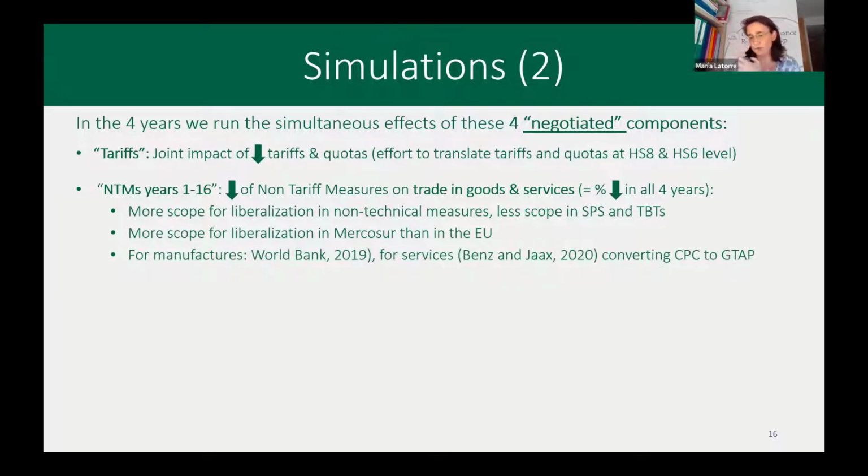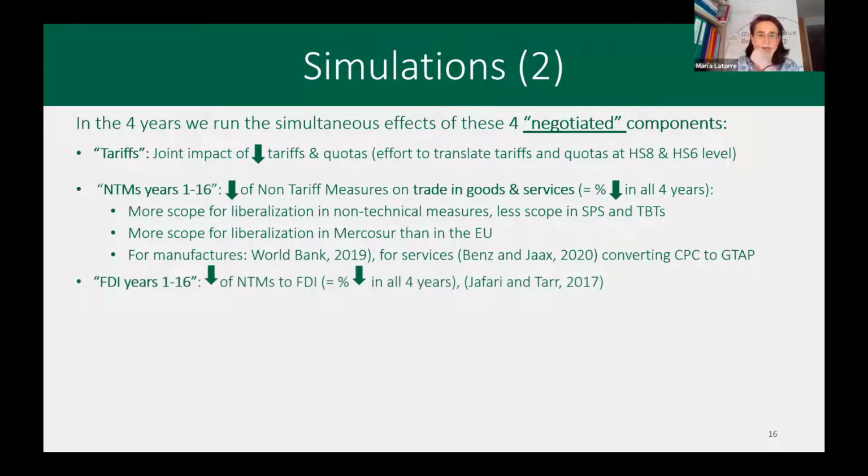For goods, we use, well, I think they are pretty famous, these non-tariff measures estimations from the World Bank. And for services, we use the OECD estimations. And again, very hard work in converting CPS sectors into GTAP and all those conversions across different versions of the CPC and so on. And then we also model reductions in the barriers to FDI in services sectors, and also public procurement,